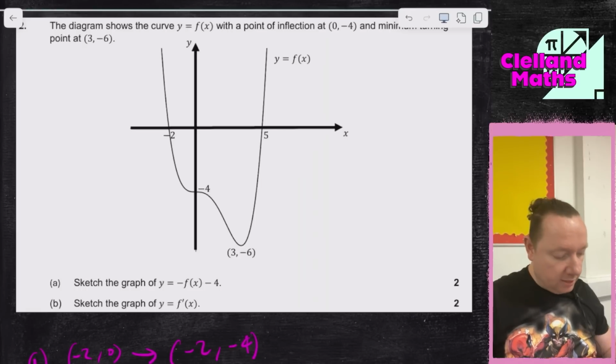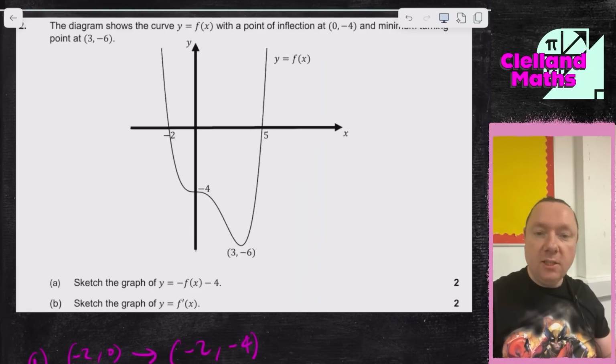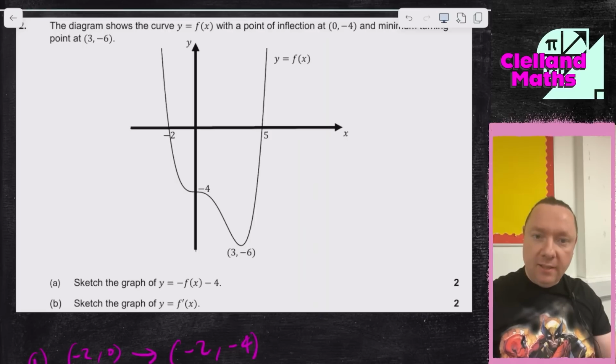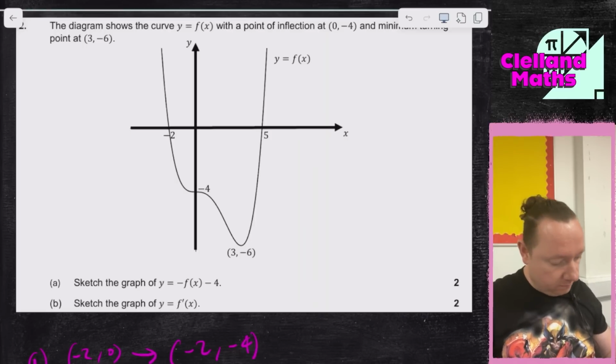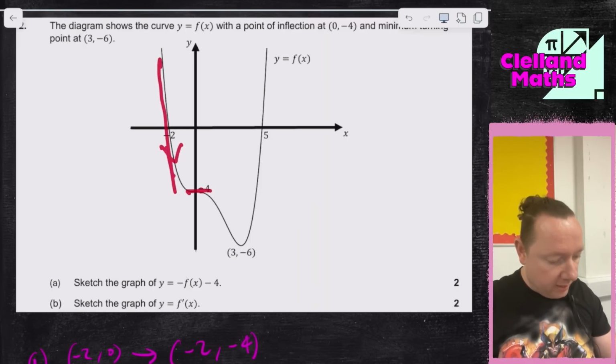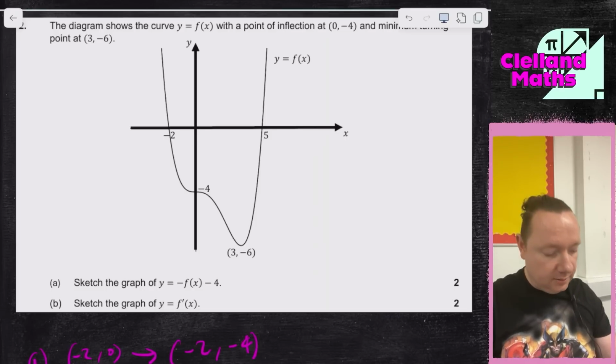Part B, sketch the graph of the derivative. So to sketch the graph of the derivative, you need to consider, is the graph decreasing, increasing, or 0? The derivative. So if I look here, just draw a little curve there. It's going down, then 0, then down, and then up at those points. And what's happening at those points? Well, so going along the x-axis, before minus 4, it is negative, which means I need to be below the